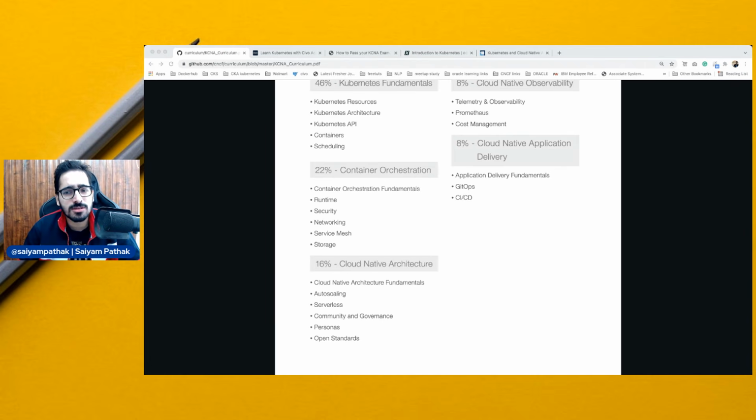So that's it about the KCNA certification. It aims to be very beginner friendly, removing the barrier of going towards the other certifications, and also helping people in getting their skills verified in terms of cloud native and Kubernetes in a very conceptual, principles-based way. So yeah, go ahead and take that certification. It's nice to have that fancy badge.